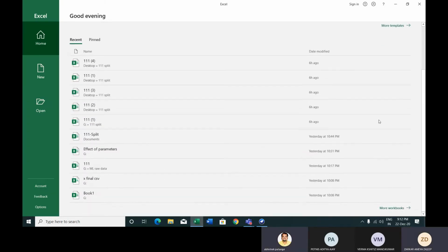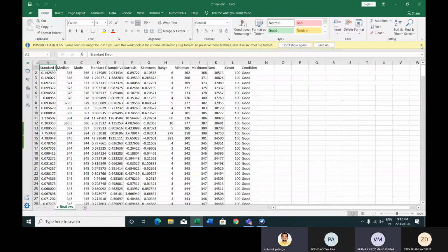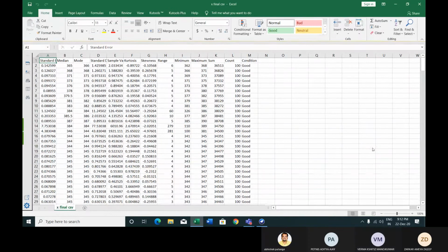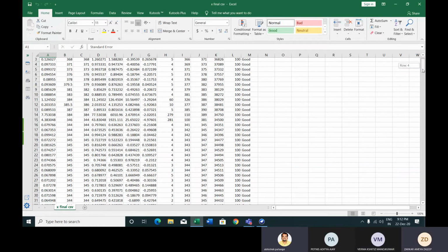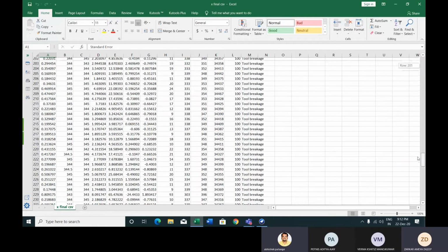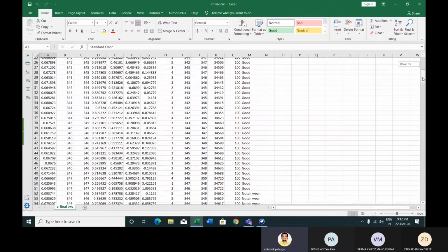Open the CSV file. Now there are 50 samples, right? So we will keep 40 samples of each tool, each condition as it is here. Just select 10 samples, like the last 10 samples of each condition, and make another Excel sheet.